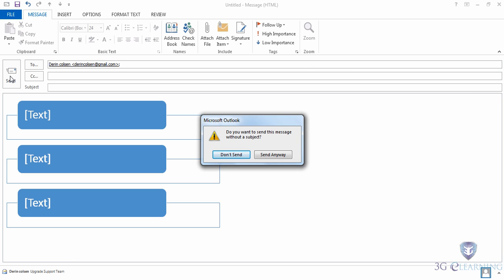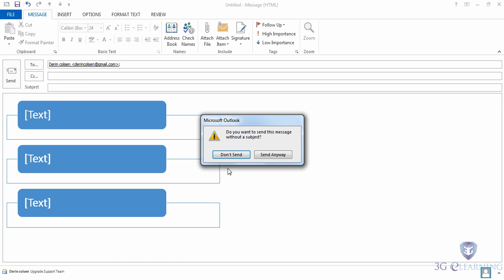The second reason I wanted to show you how to work with the new email messages is this little box that shows up in the middle of the screen. This is a mail tip, and Outlook includes several built-in mail tips which help you avoid common but potentially costly or embarrassing mistakes. Mail tips alert you to things that are triggered by actions. For example, when you click on Reply to All and you're replying to a large recipient list, maybe if you're using Exchange, you're sending sensitive information to someone outside of your organization, or in this case, I'm sending a message